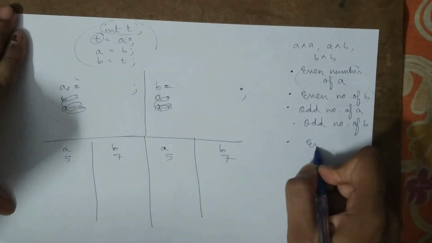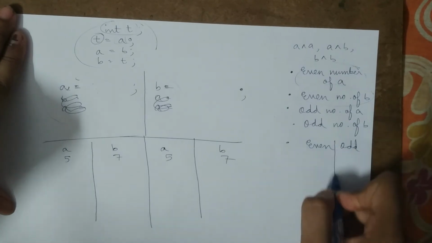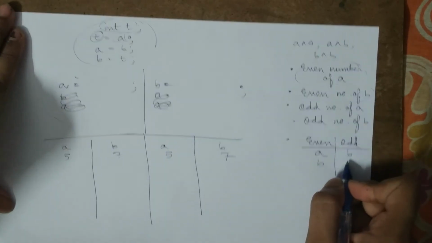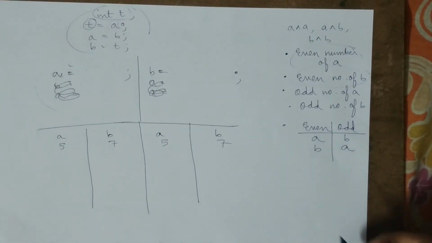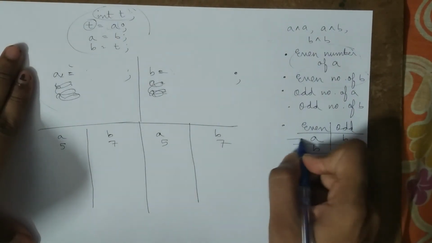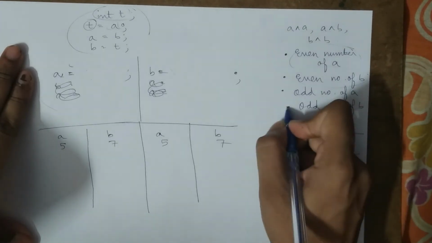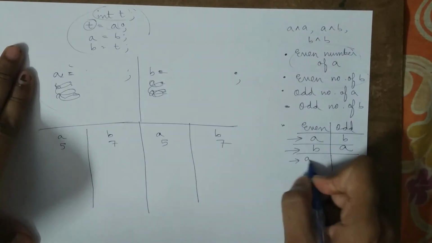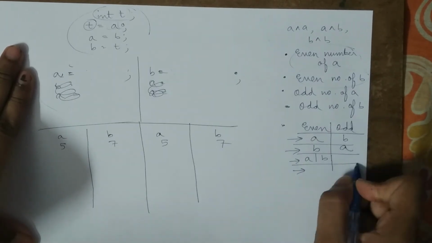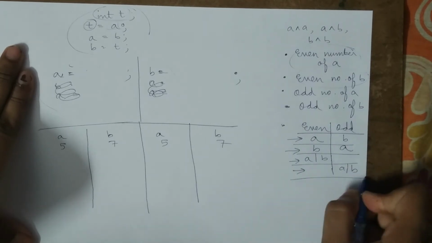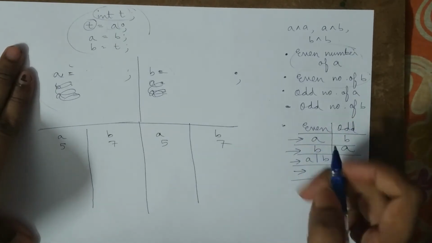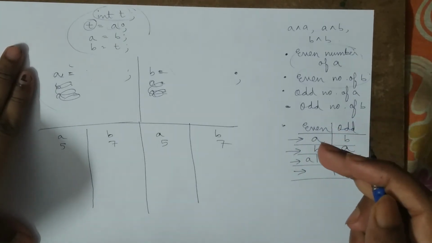So there can be even and odd, two columns. First we will take A an even number of times and B an odd number of times. Similarly B an even number of times and A an odd number of times. These are some rows, or you can say cases. We can also take A even number of times and B even number of times, and in the other case, A odd number of times and B even number of times. What do I mean by taking even and odd number of times? XORing A an even number of times, or XORing B an even number of times.